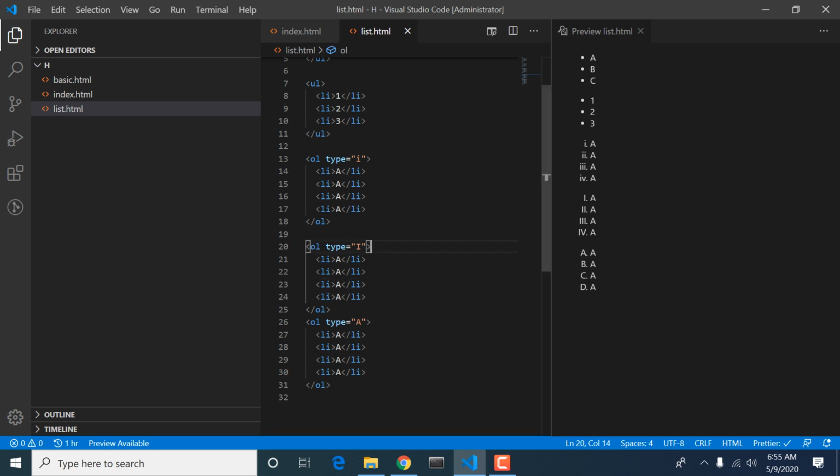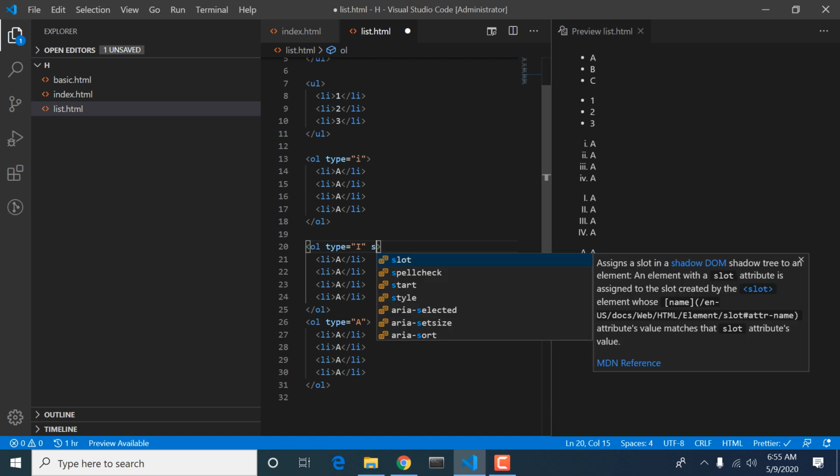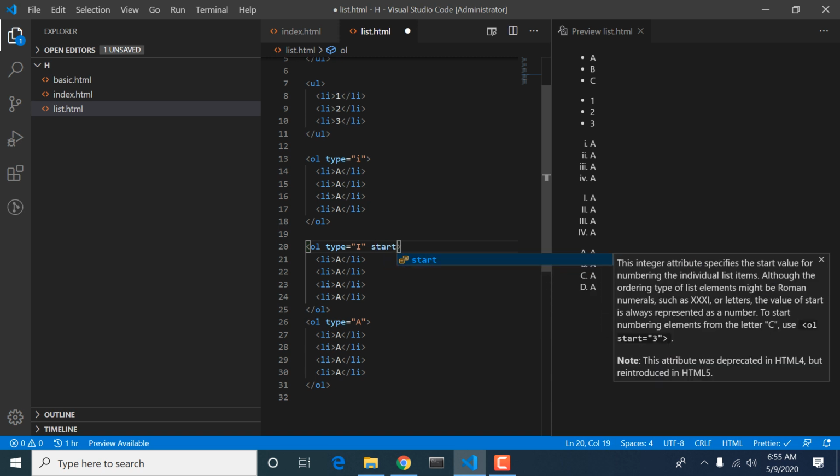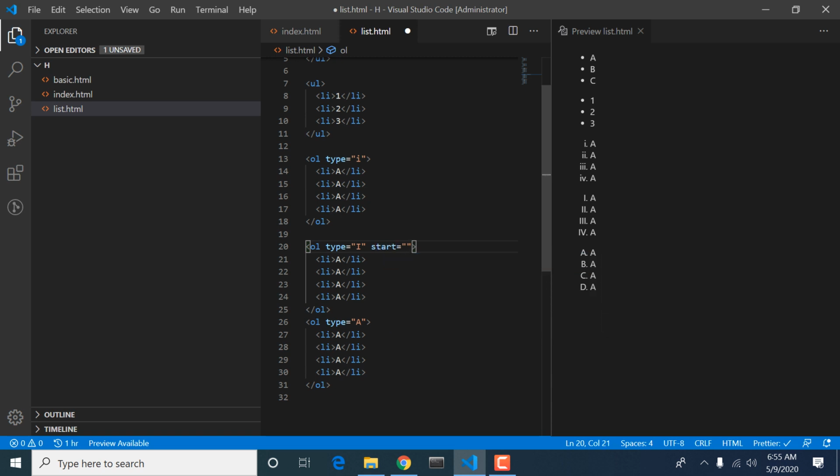We can also control the start of the list, from where we want to start our list. For example, we want to start our list from two, so what you see is that your list now goes 2, 3, 4, 5.